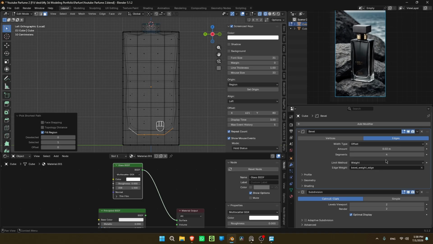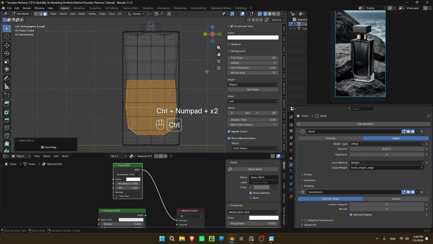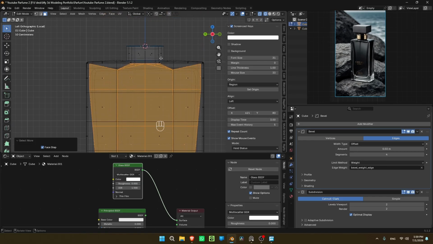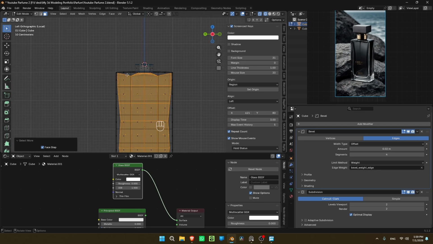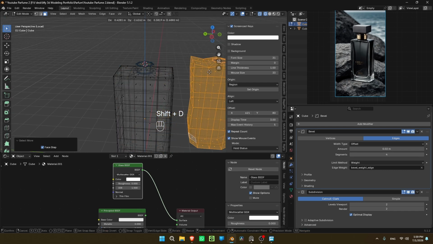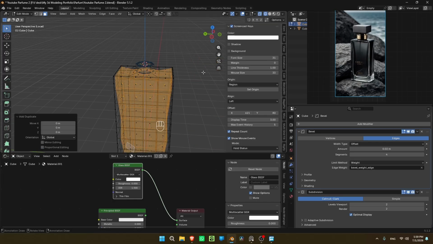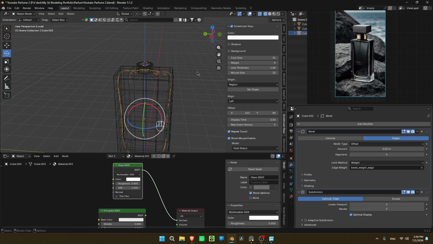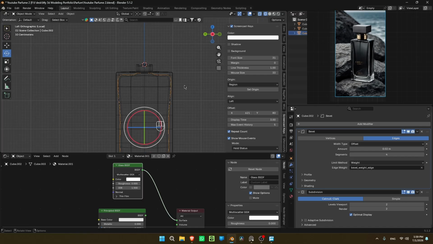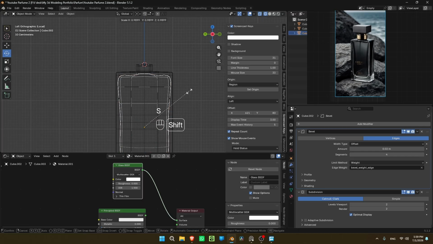I will get my subdivision back. Now you need to press Control plus Numpad plus on your keyboard so you can keep expanding the selection just like so. The liquid will be inside, and it will be at this level, so I'm going to stop here. I'm going to press Shift D to duplicate my shape, right click to cancel the movement, and press P on your keyboard to separate it by selection. Here, if I double click, we're going to see our liquid. Let me scale it just like so.